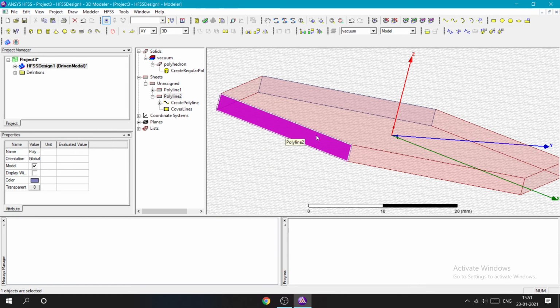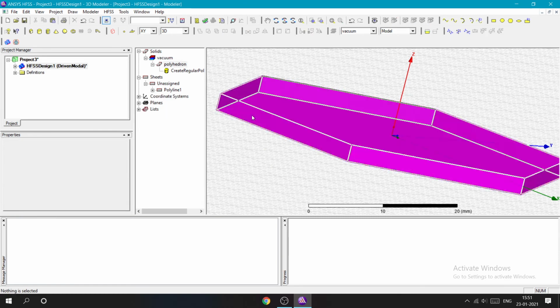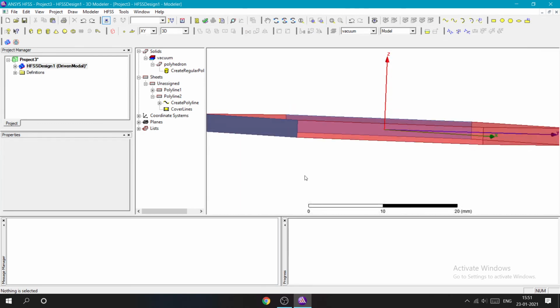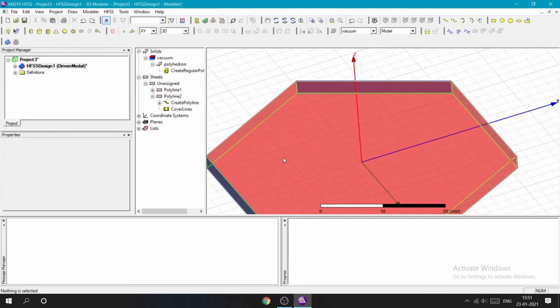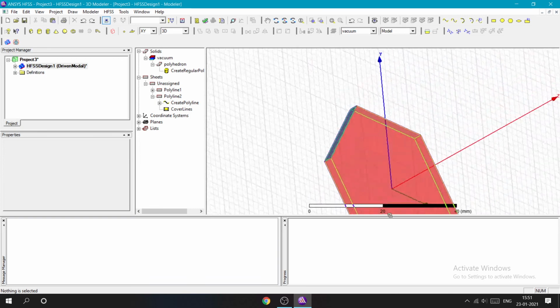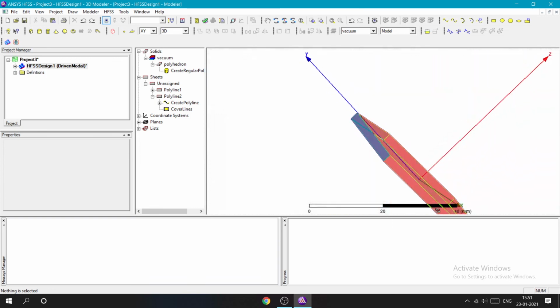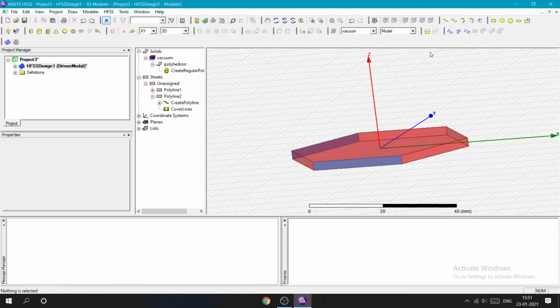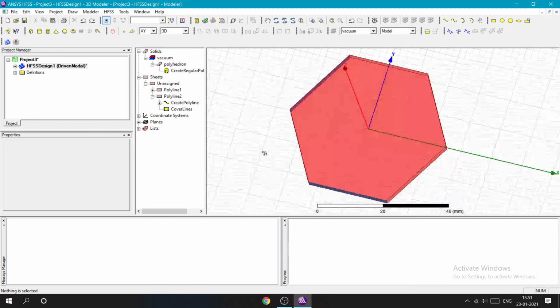And if you delete this, see, this face of the polygon still remains the same. That is actually the new rectangle that we have created. Or you can see the color difference also. So this is how you can align any shape to other shapes. You can use the line command, and you can clearly and perfectly align the shapes.